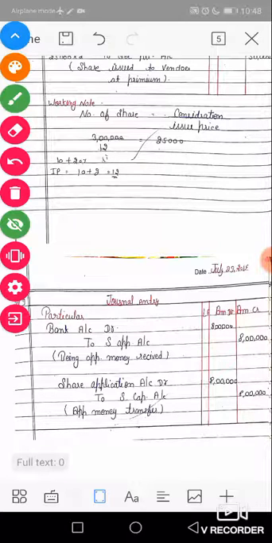The authorized capital of Kohinoor Limited was rupees 10 lakh, which is divided into 10,000 equity shares. Total number of shares in authorized capital is 10,000, of 100 rupees each. Out of these 10,000 shares, 8,000 shares were issued to the public. The full nominal value is payable on application, meaning the total amount is paid in a single installment. All shares were subscribed by the public, and the total amount was paid. Give necessary journal entries in the books of Kohinoor Limited.